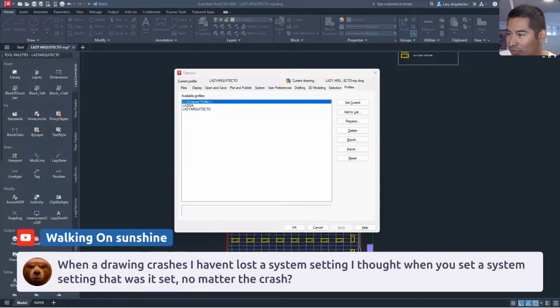Rachel says, when a drawing crashes, I haven't lost a system setting. I thought when you set a system setting, that was it set no matter the crash. No, Rachel. It's not that you're gonna lose all of your settings, but just to give you an example of what happened to me, probably 3 times already. Whenever you try to maybe